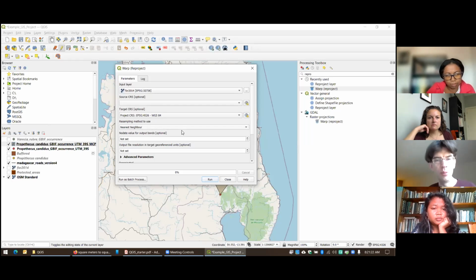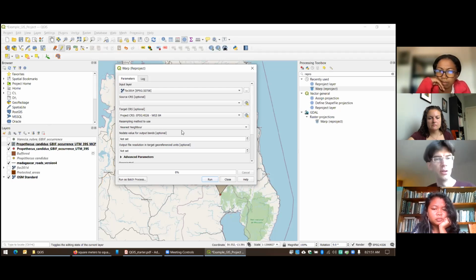Now, whenever you project a raster, it's going to ask you for a resampling technique. This is basically because we talked about last time that rasters are made up of pixels that contain information. When it reprojects, it essentially has to recreate all of those pixels, all of those grid cells again, and provide the data in that new grid cell.